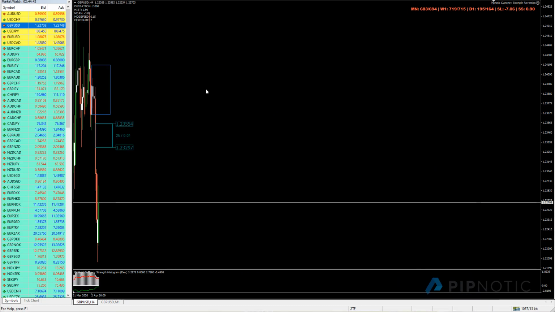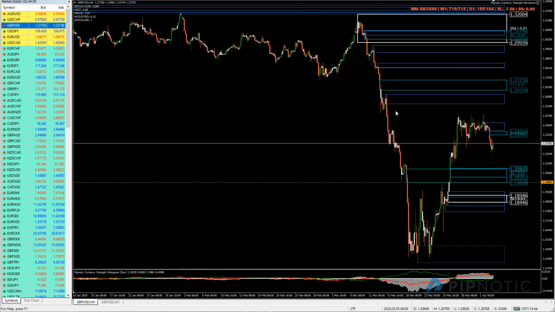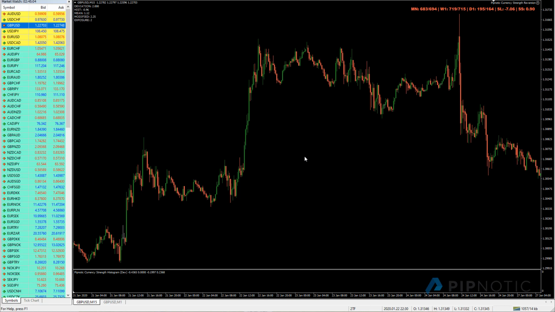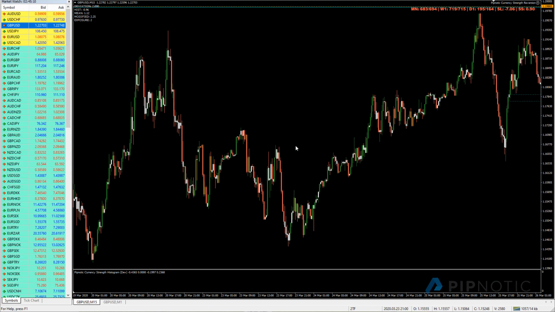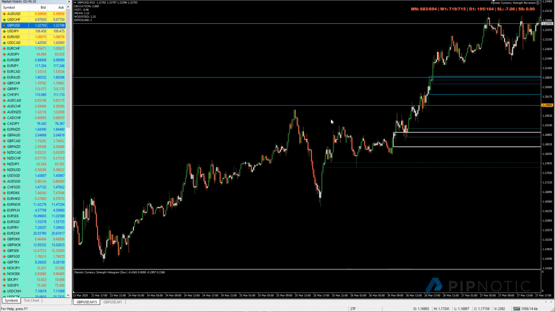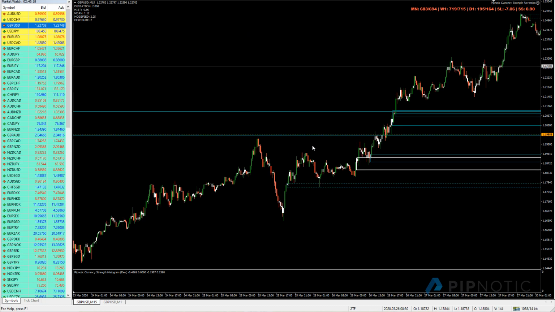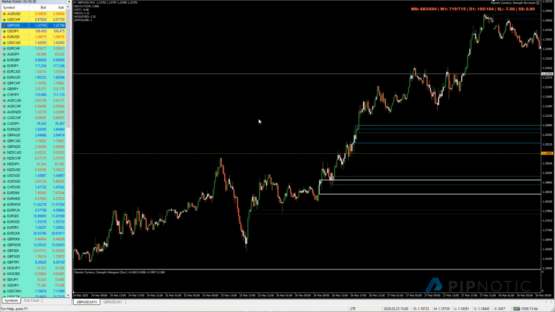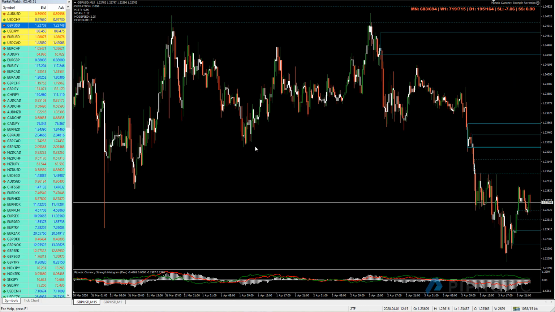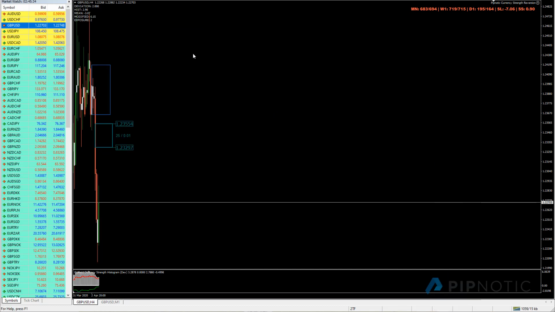Yes, that's what I think about the pound American dollar. There are a lot of areas here. Okay, this one's gone. Let me see here. Okay, so this one here was removed by this one here. Very good. So because this one's gone, it brings our attention to this one here because this is the one that cut through it. So this is a beautiful area, been removed by this one. Okay, and price has not been back there yet,